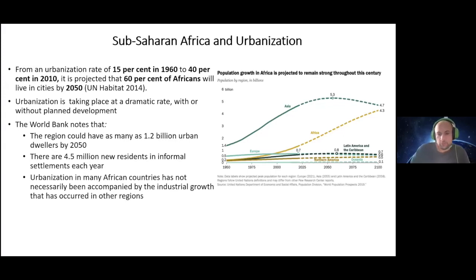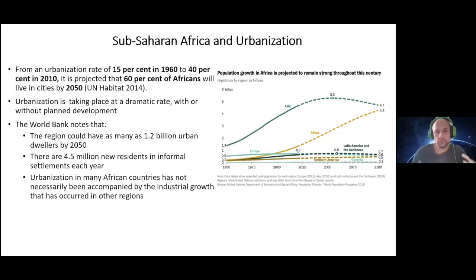So from a geographical perspective, Sub-Saharan Africa has been and will be undergoing severe and dramatic urbanization, much more than other regions of the world. As you can see on the graph, the projections up to 2150 show Africa will have an almost linear population growth, while other regions of the world have completely plateaued or are expected to reach a plateau, like in Asia. This causes a lot of issues, as most of this population growth is absorbed by cities.